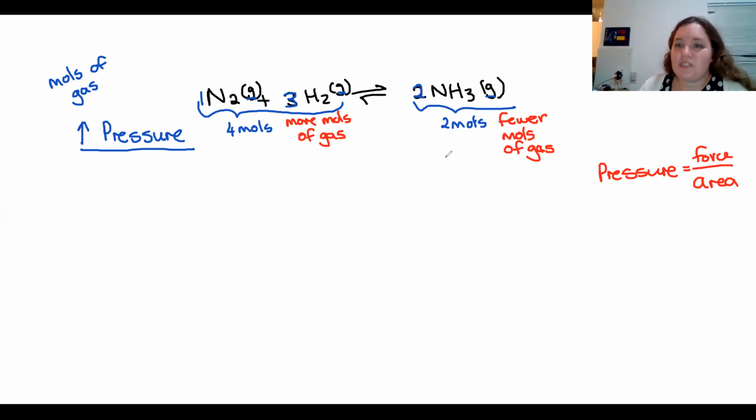So when it comes to this idea, we need to know that more moles of gas exert a larger force